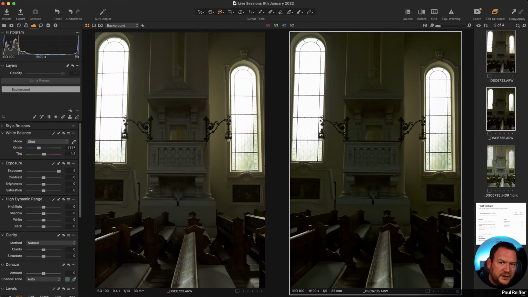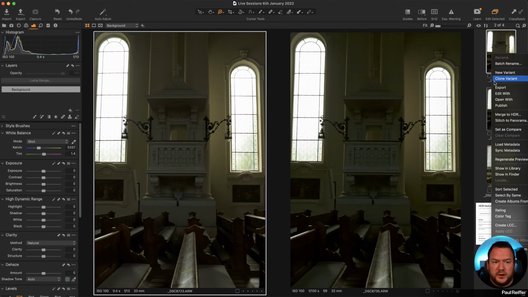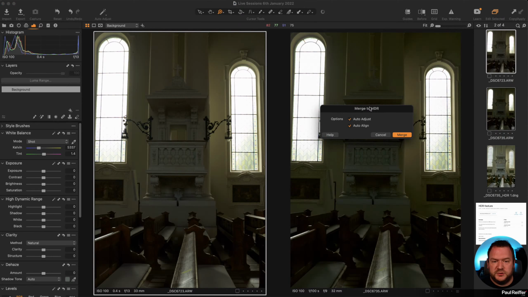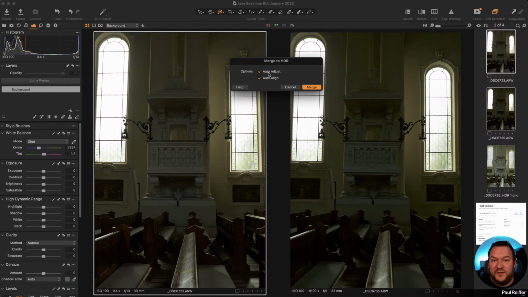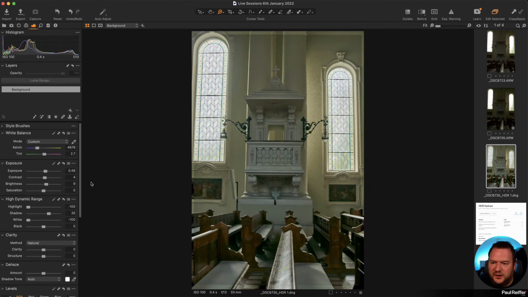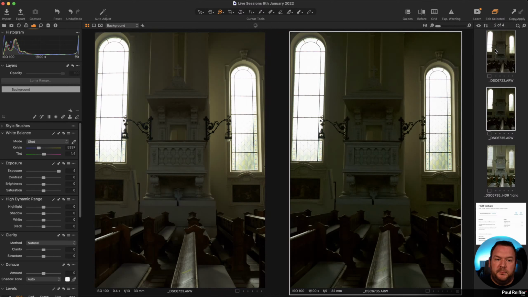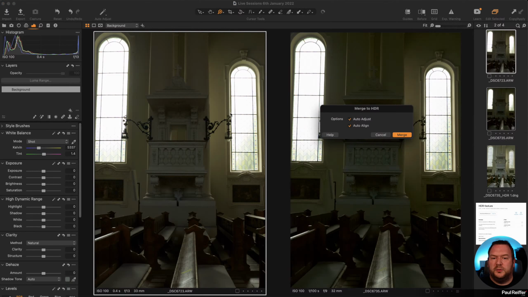Now that's not normally too much of an issue, because when I go to my HDR merge, Capture One actually has something that fixes that, which is the auto align and auto adjust. Auto adjust means that it will try and create a middle exposed output, which is why you get all of these sliders automatically baked into the DNG. But auto align is designed to allow for some movement in the camera between the brackets. Okay. So in theory, that shouldn't be too much of a problem.